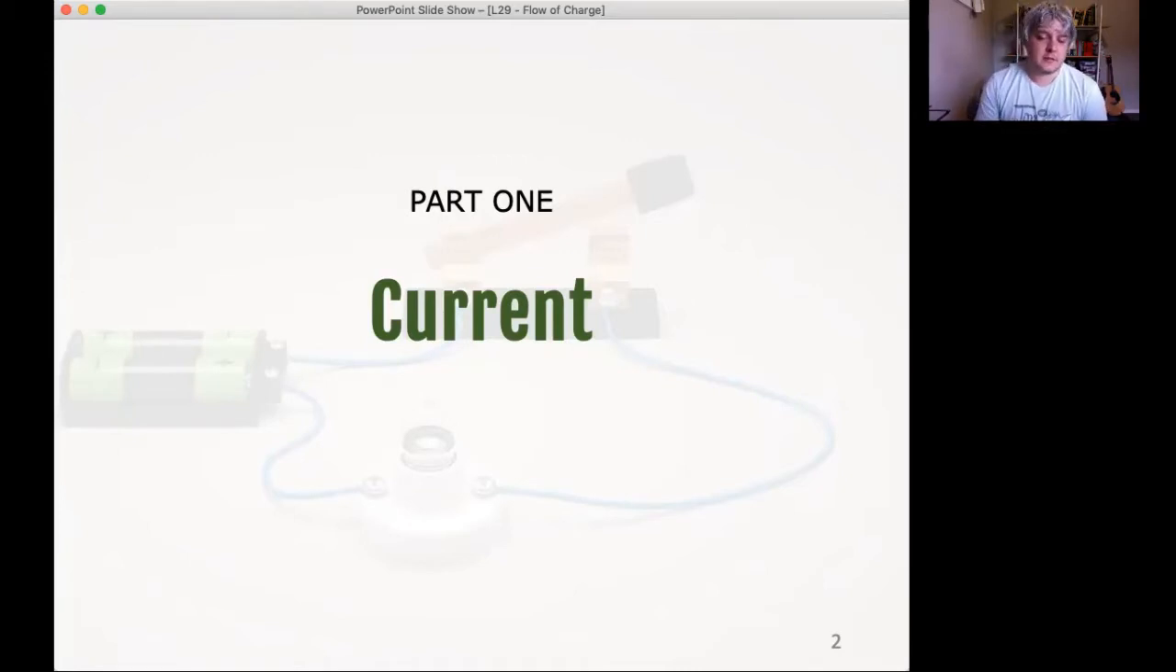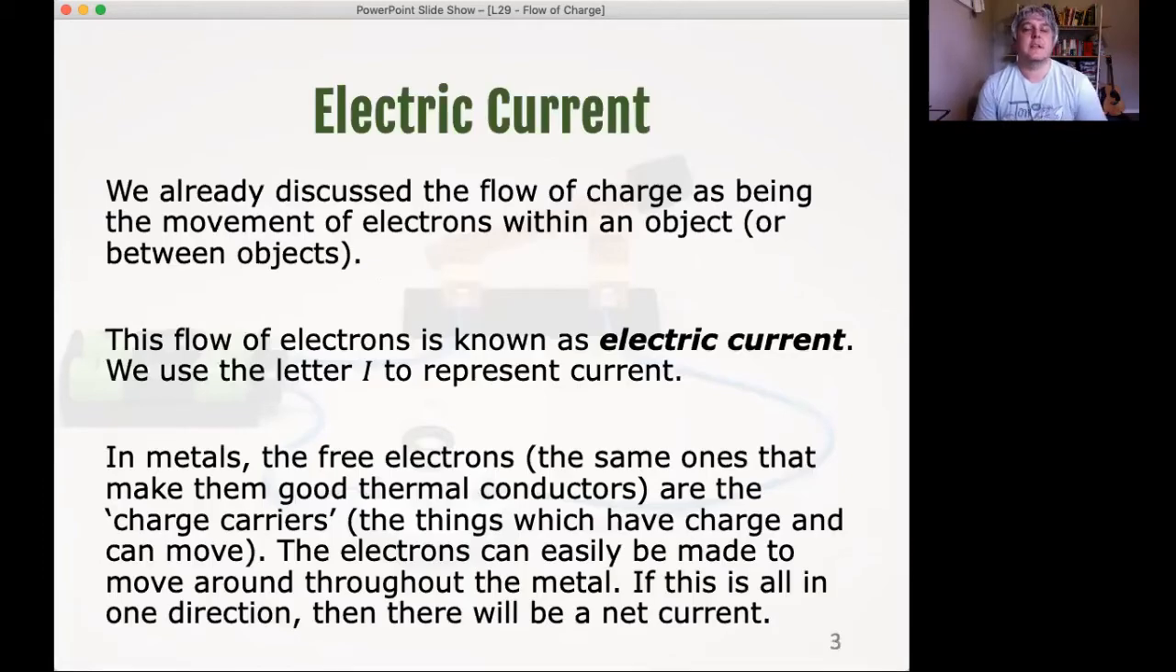Part one is on current. We want to know what current is. What is current? We've already talked about current, we just didn't call it current. We talked about electrons moving within an object. We had the idea of two